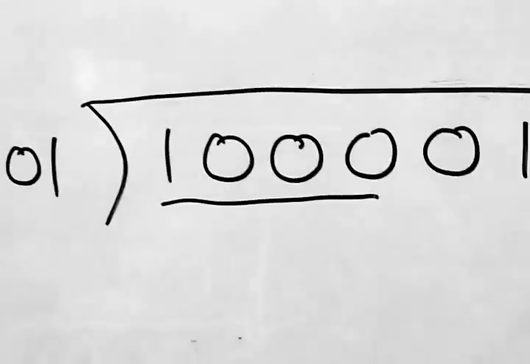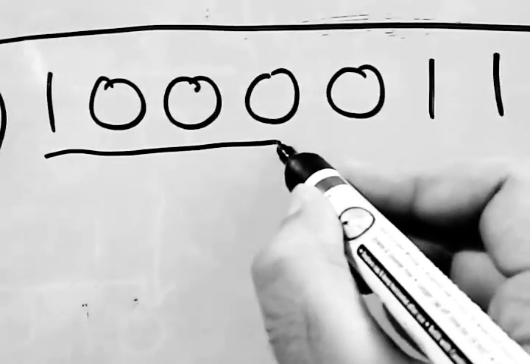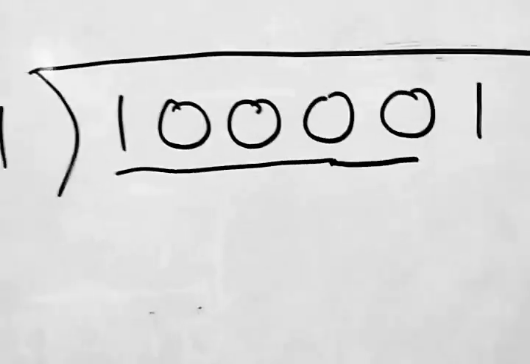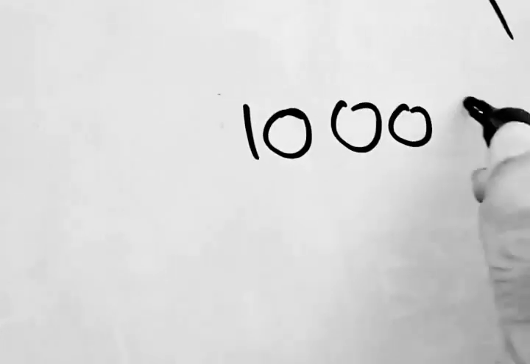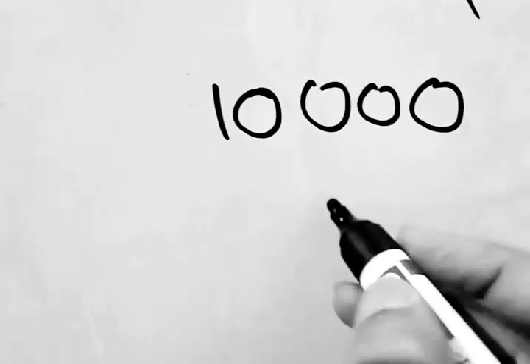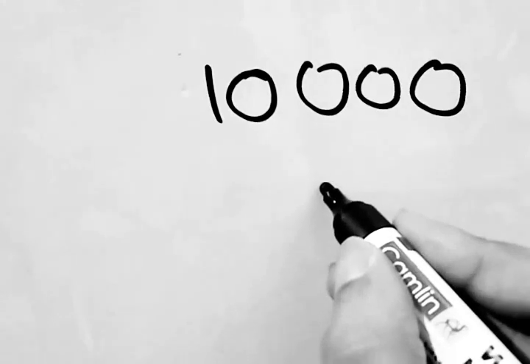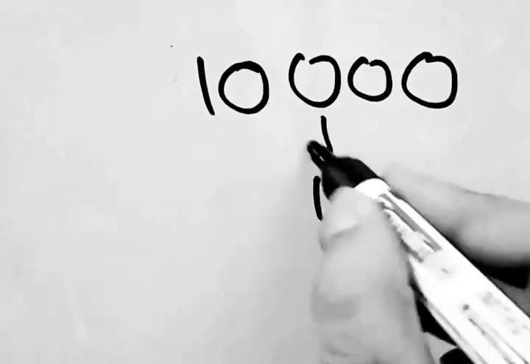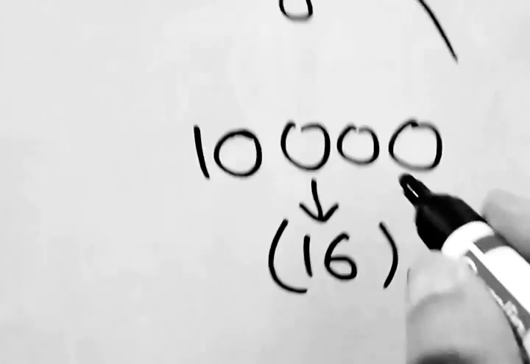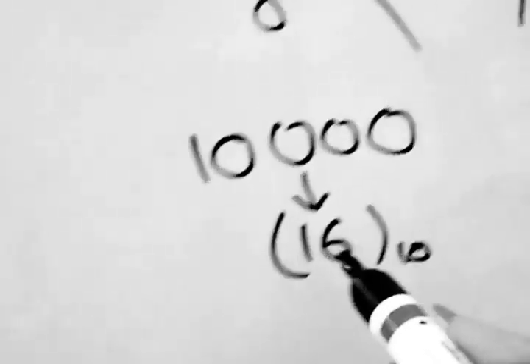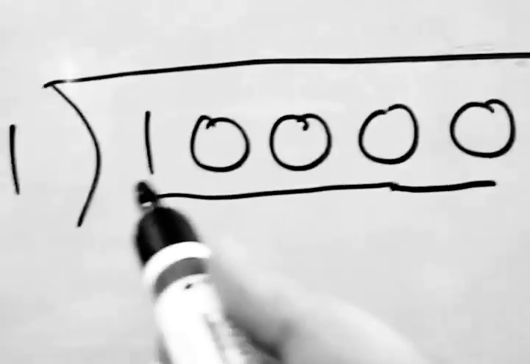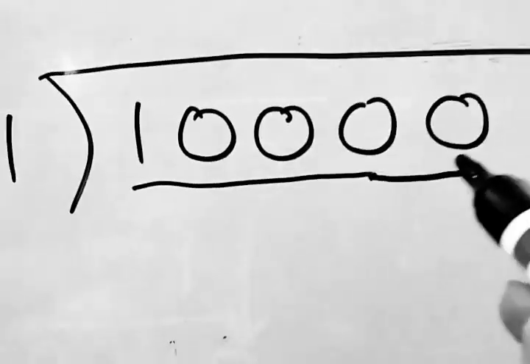divisor. For that reason, we can take 5 digits together. Now we will be able to divide directly by 1001 because 1 with 4 zeros is equivalent to decimal 16, and 1001 means 9, so 9 is less than 16, so now 16 can be divided by 9 easily. For that reason we have taken these 4 zeros together.